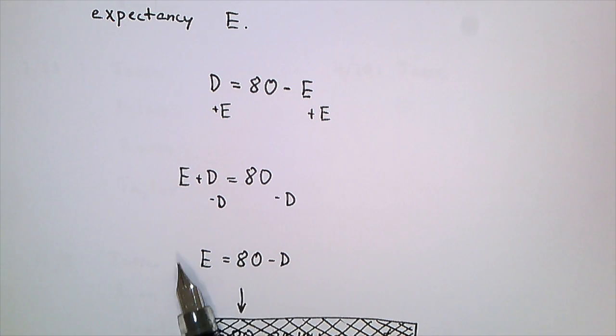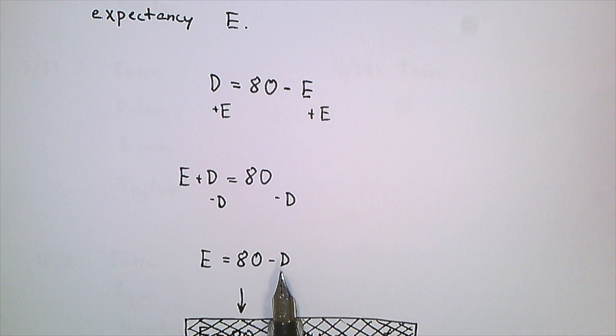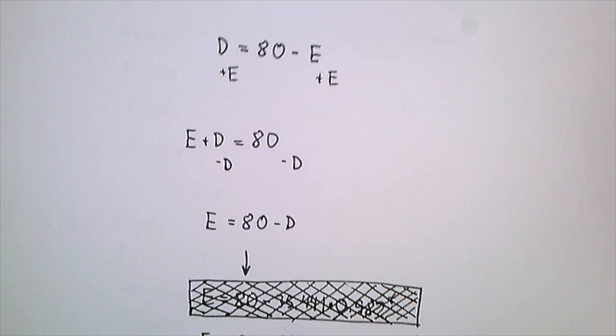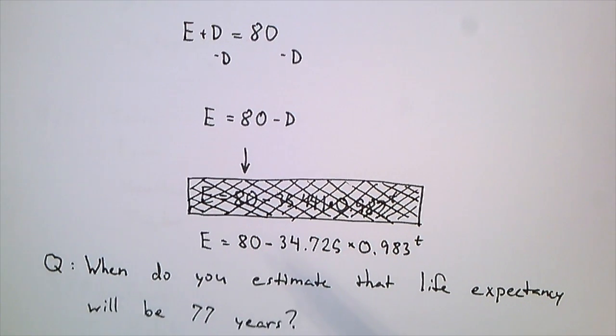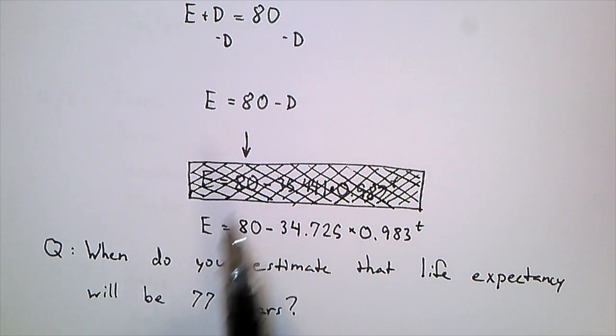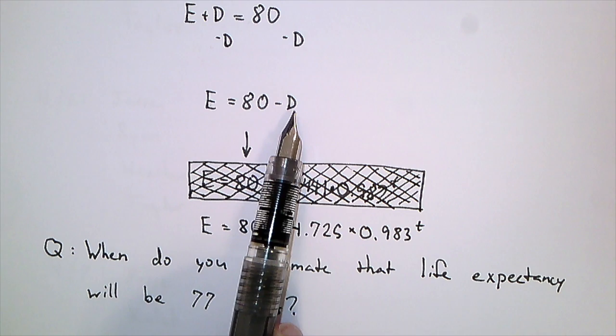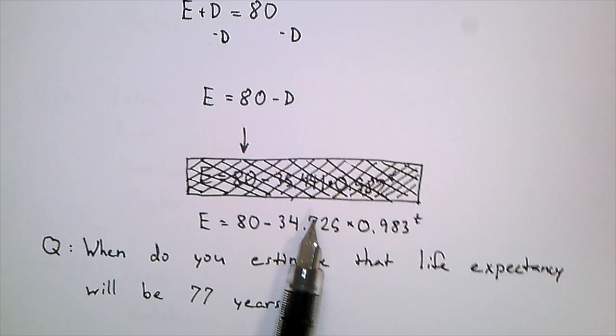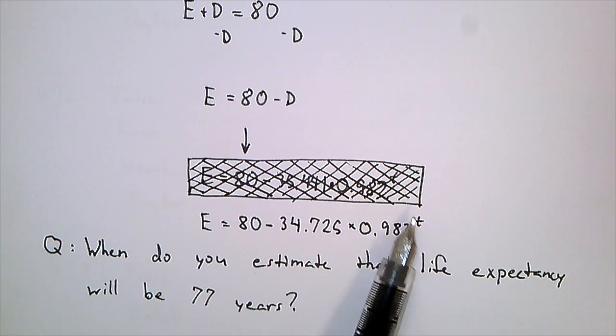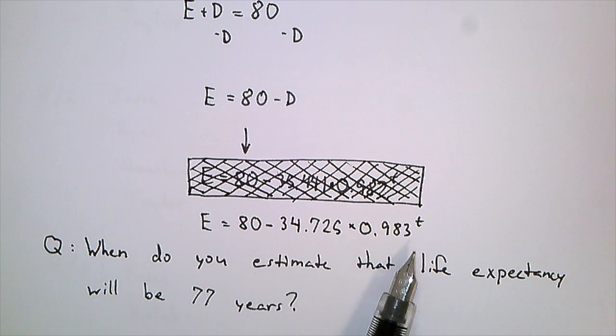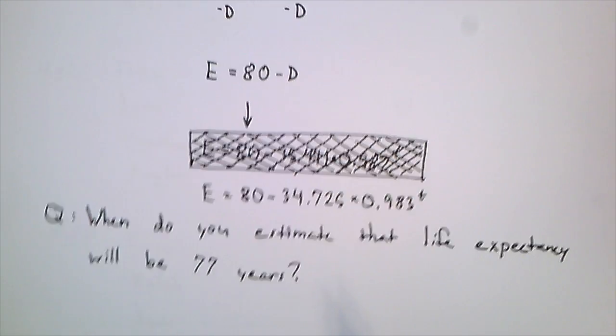And once you have this written out, you can just plug in the expression that you found using exponential regression in the computer for d. So all I've done is replaced d with the exponential model that we found in Desmos, and I've rounded everything to 3 decimal places here. Finally,